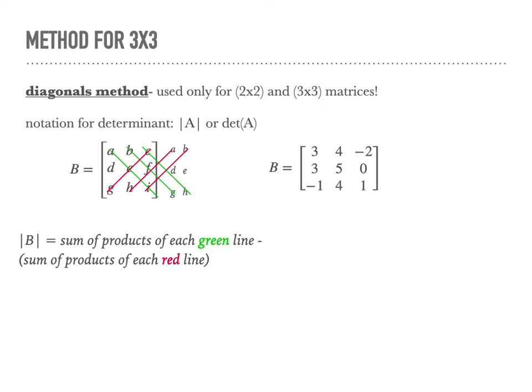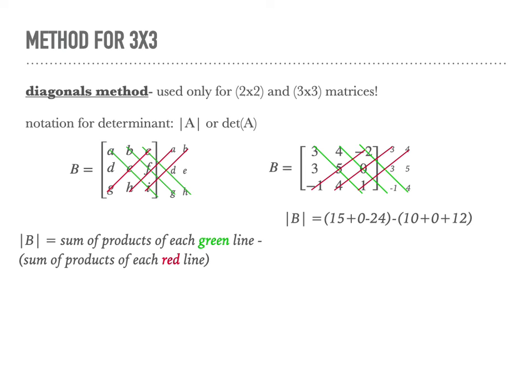All we have to do, again, is just copy down the first two columns on the right of the matrix, and then we just use the diagonals method and multiply them out. So as you can see, first we do 3 times 5 times 1 plus 4 times 0 times negative 1 plus negative 2 times 3 times 4, which is just 15 plus 0 minus 24, and then minus the total